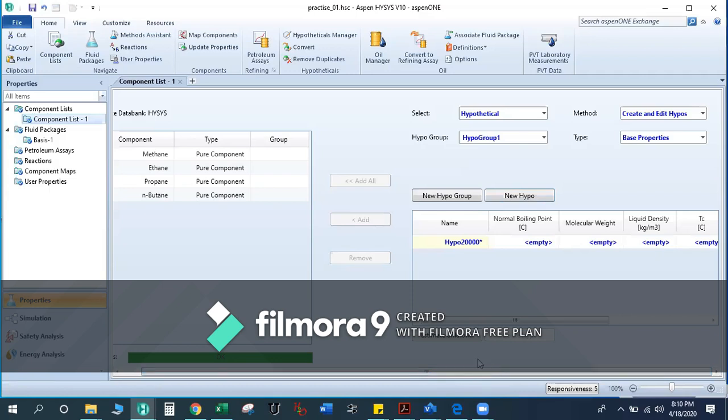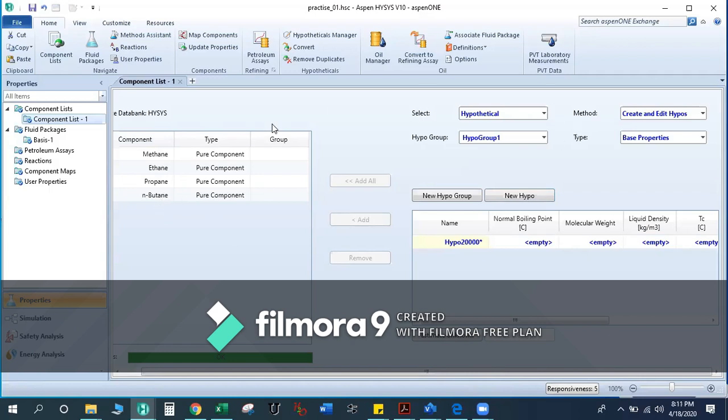As I said, if you know the component name or formula, then you can just select it and enter it into your environment, just like you did for methane, ethane, propane and butane.